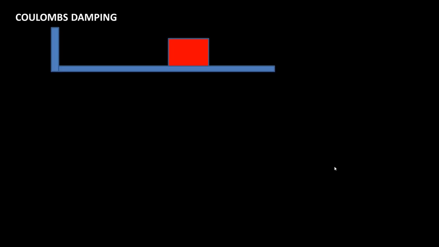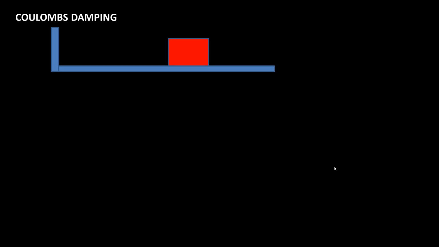During the last 5 to 6 lectures, we have discussed viscous damping. In viscous damping, we have seen the three types of damping, that is critical damping, underdamped, and overdamped systems. And we have seen how to find the equation for the displacement for each type. After that, we have seen the mathematical modeling by using Newton's second law and by using the energy method for a viscous damped system.